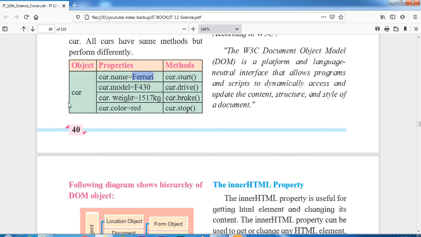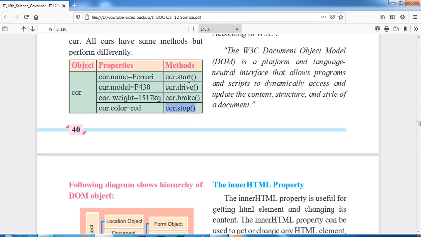Likewise, if you want to start the car in the program, you can use the car.start function, and if you want to stop the car, you can use the car.stop function. So that is about objects, their properties and their methods.